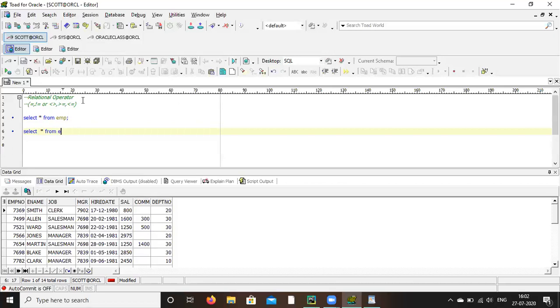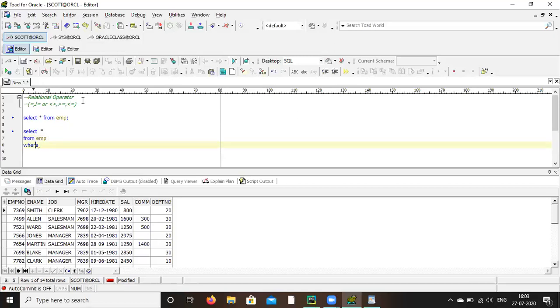You write from on the next line, then enter. So always try to write select on one line, from on one line, where clause on one more line.